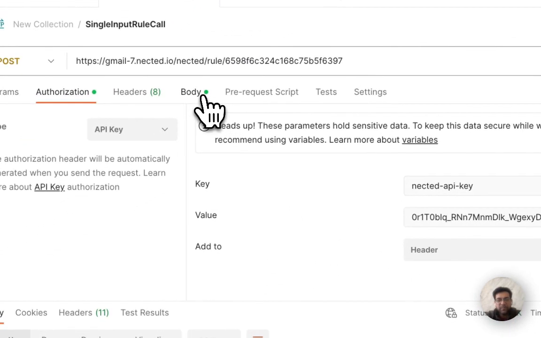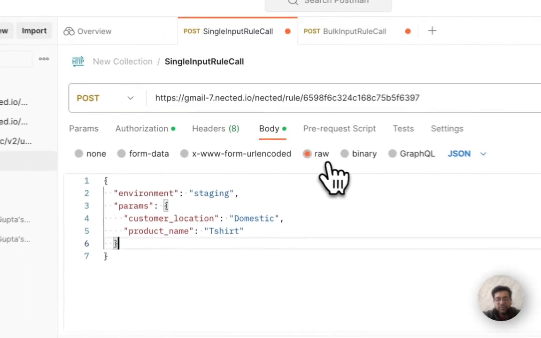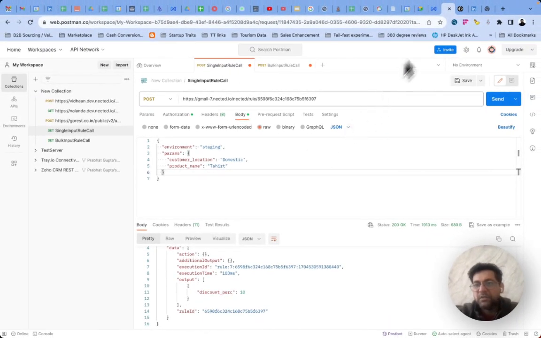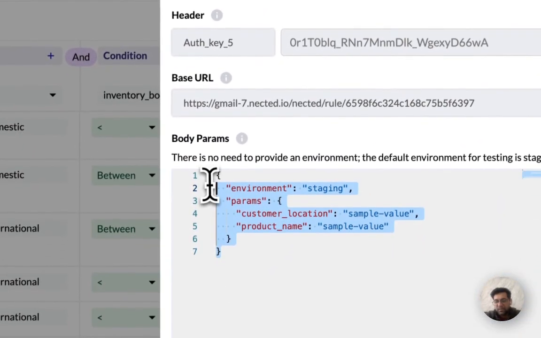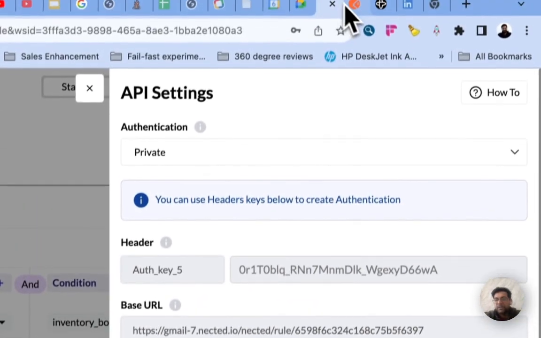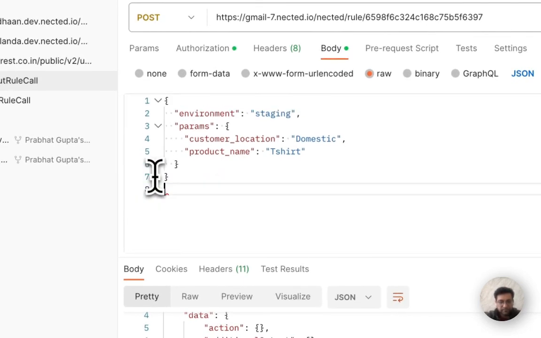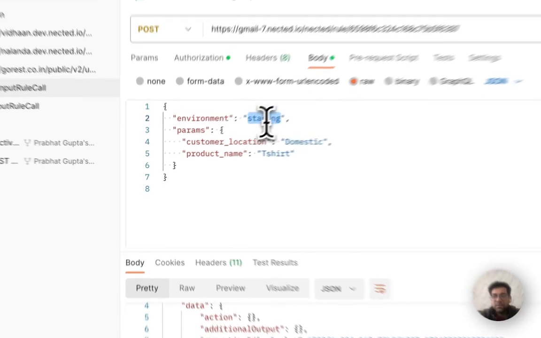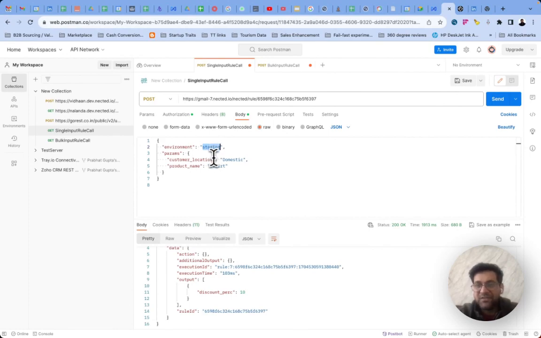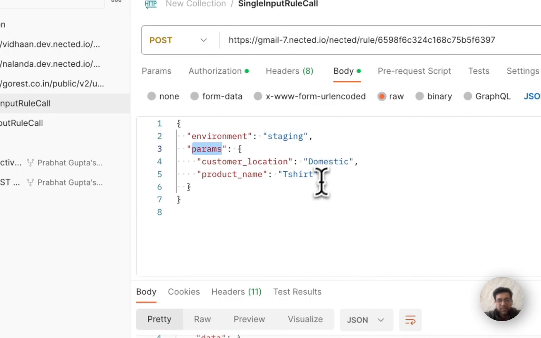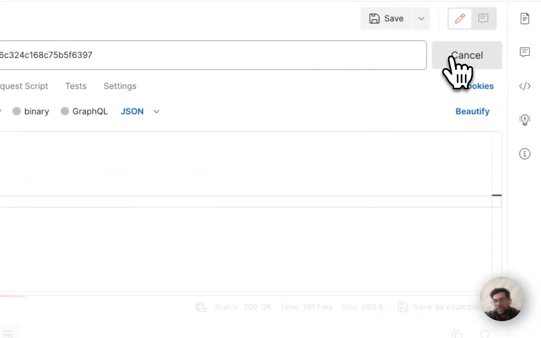Now coming to the payload. Obviously we're going to use the format raw as JSON, and I'll just copy this JSON. I have already copied it. I'll just show you, this is what the JSON is. Every Nected rule comes in both environments, staging and production. So if you're testing in staging, you can pass environment as staging, but if you're testing in production, you can pass environment as production. So these are the parameters. That's it. Now I'll just click on send,